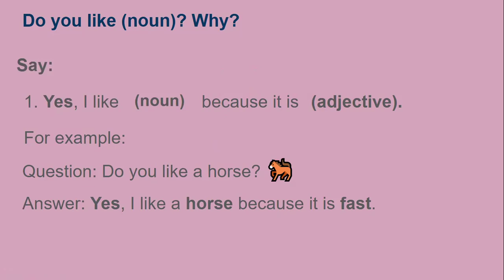That's if you like that noun, that thing, that animal they are asking you about. However, if you do not like this animal, this thing, this noun they are asking you about, then you need